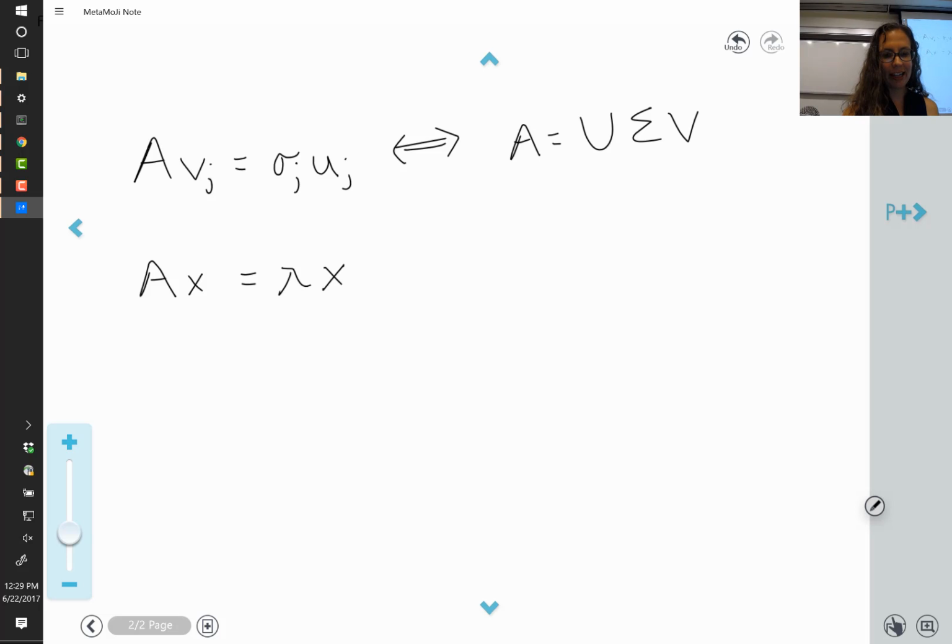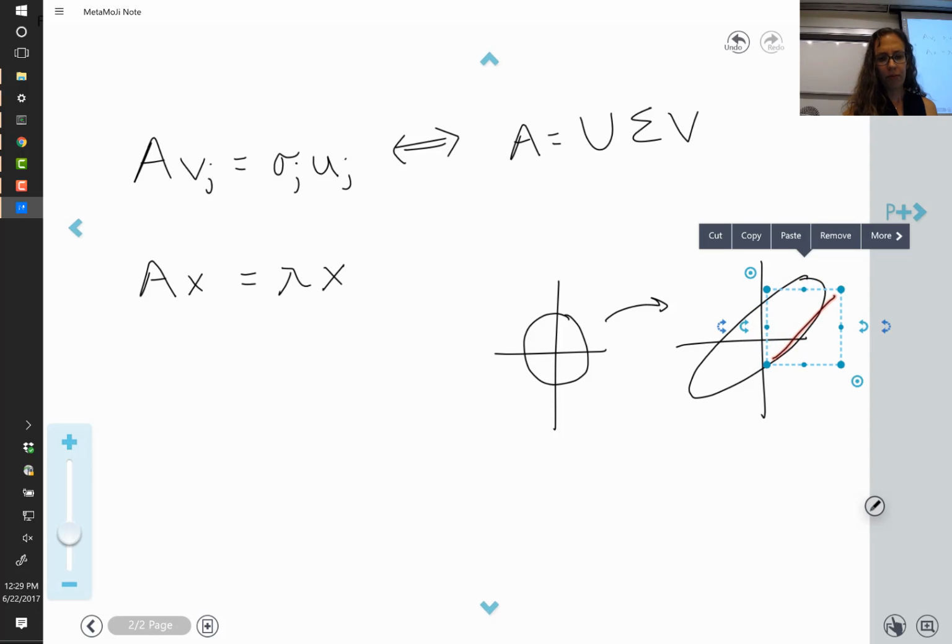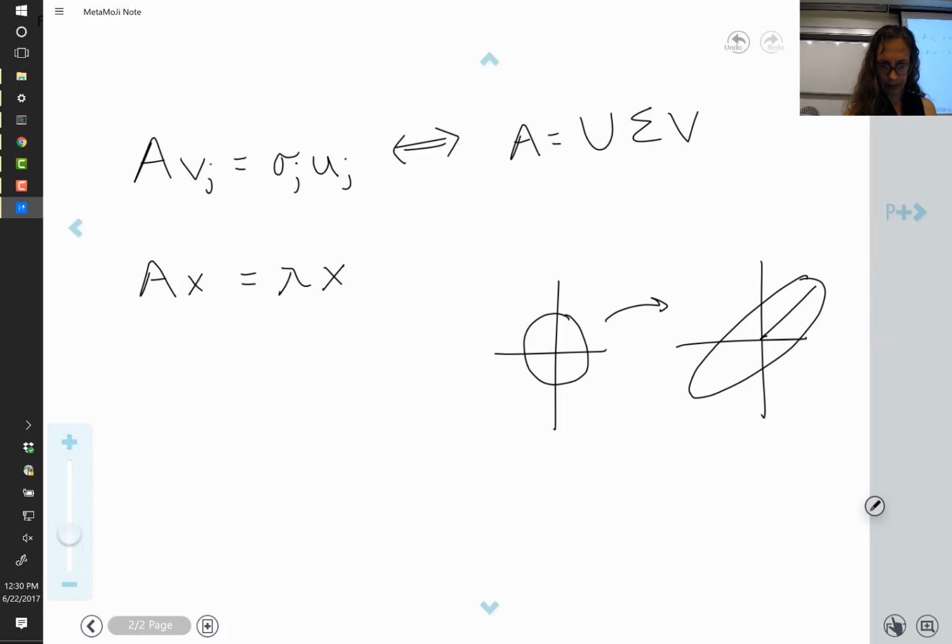Maybe you're taking a circle and perhaps A transforms it to an ellipse. So if the matrix A changes the unit circle into this ellipse,